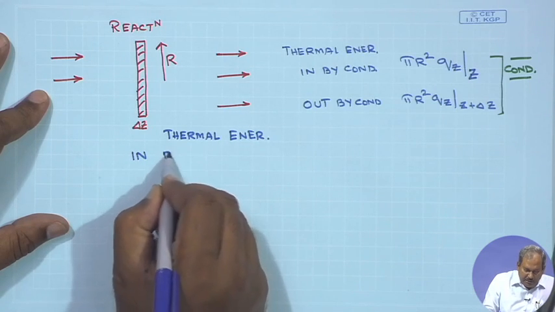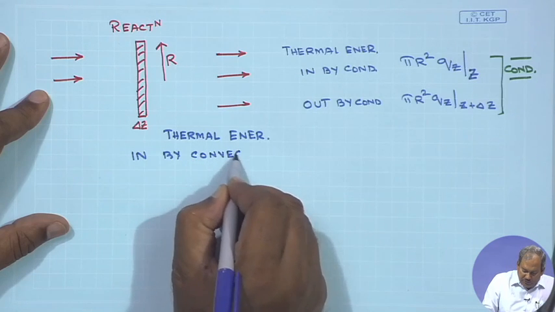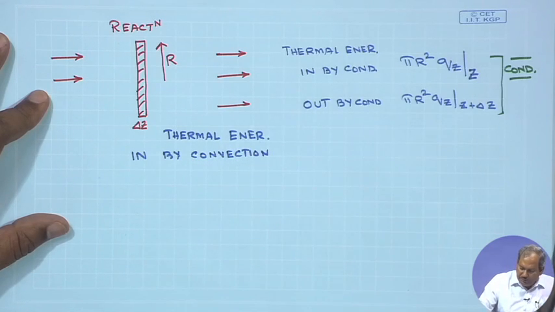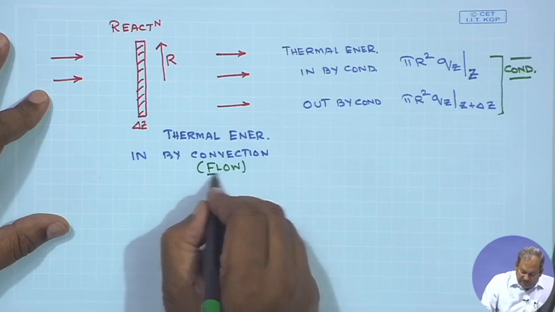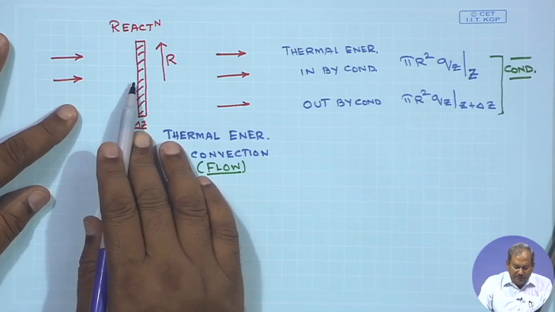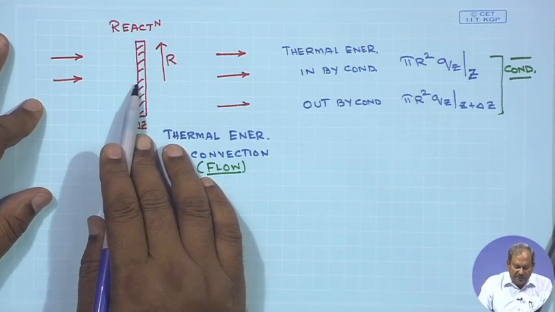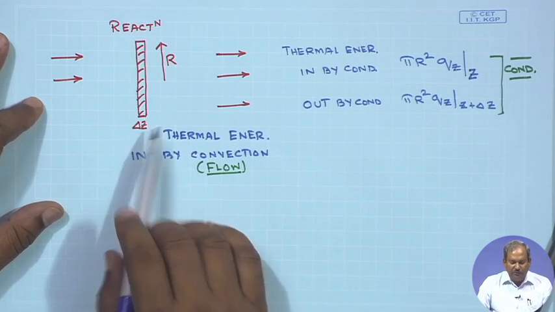in by convection. And when we mention convection, what I refer to is essentially due to the flow of the stream, the reactants which are coming in to this shell. So, the amount of material which comes into the shell must be equal to, in volumetric terms, the area multiplied